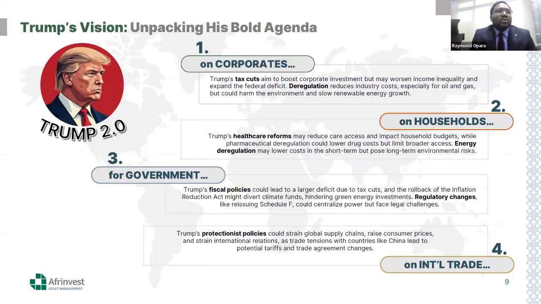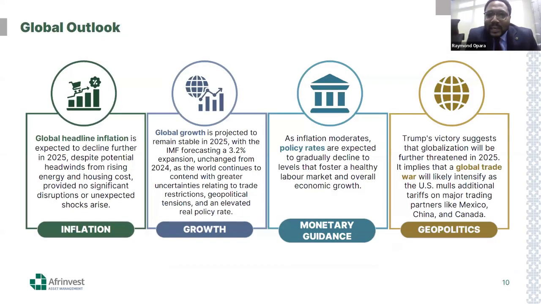And for international trade, we all know that Trump is big on putting the US first in anything concerning economics and global trade. So we understand that his trade policies could reignite some global supply chain issues. And this also might strain international relations with China, as a build up to the potential tariffs that he has highlighted. But all in all, for the global outlook, we have highlighted